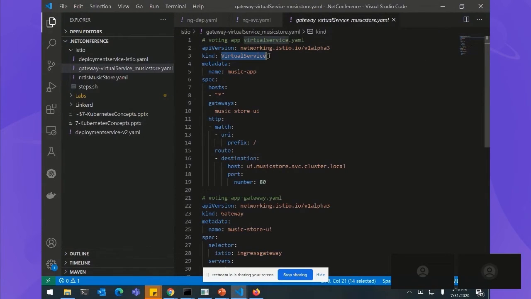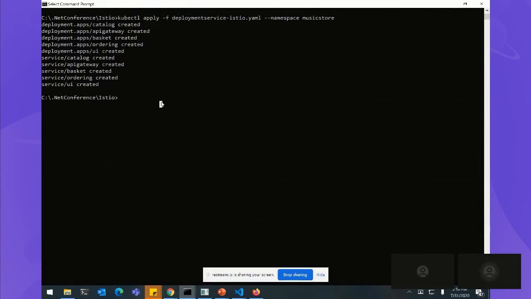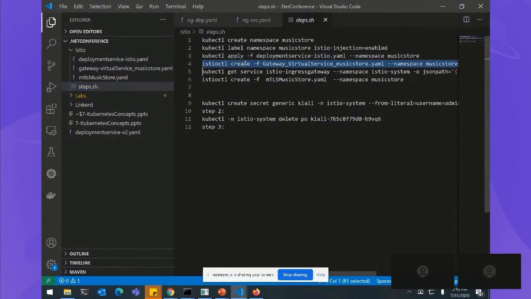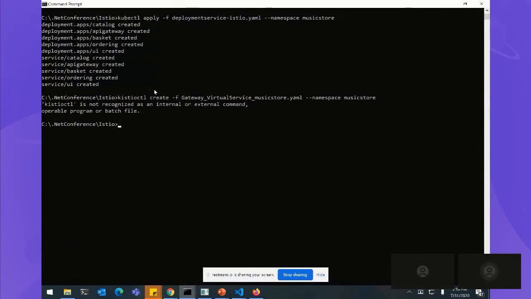Virtual service basically is used to do routing. So once we have exposed the gateway, it's listening on that gateway. If the request comes into the gateway, it doesn't get denied, it's accepted, goes all the way into the virtual service, and that's where you do a little bit of per request routing, right? So we are saying in this case, hey, the request comes without any prefix, route it to our music store application, right? So let's go ahead and do the next step here, which is to deploy the gateway, which I